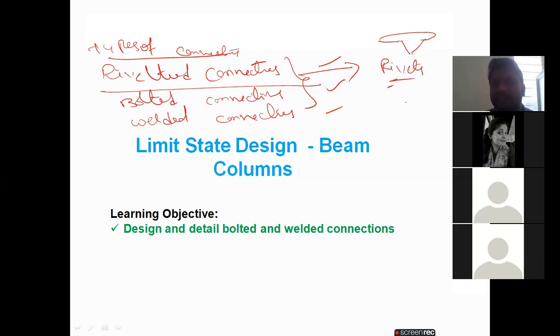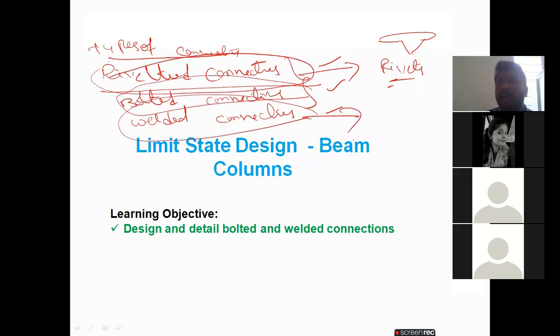So they will insert them like that for the connection purpose. It was given up completely. We are not using this type of connection anywhere nowadays, but only bolted connections and welded connections. Again, if you observe the welded connections, in previous semesters you learned different types of welds, like butt joint, fillet joint. Like that, we have different types of welds, and based on that we will design.